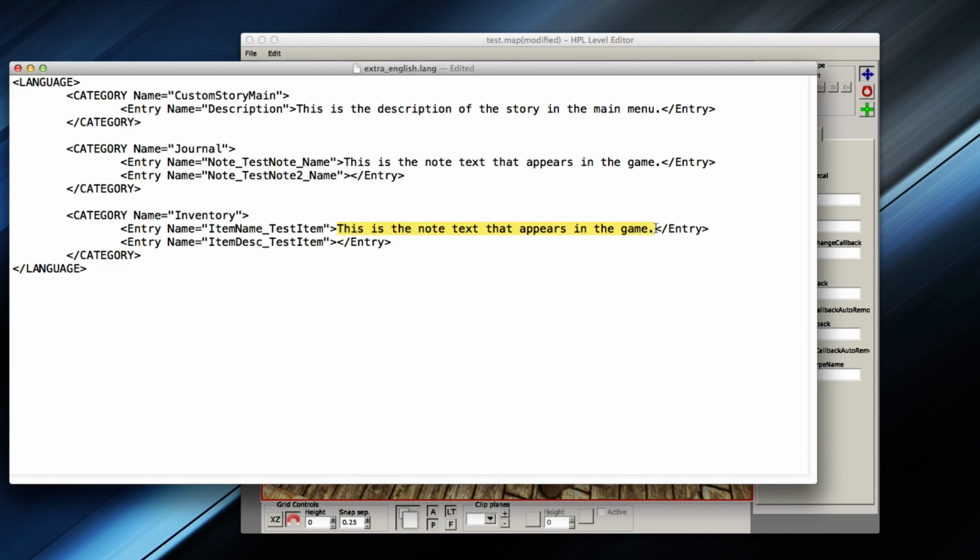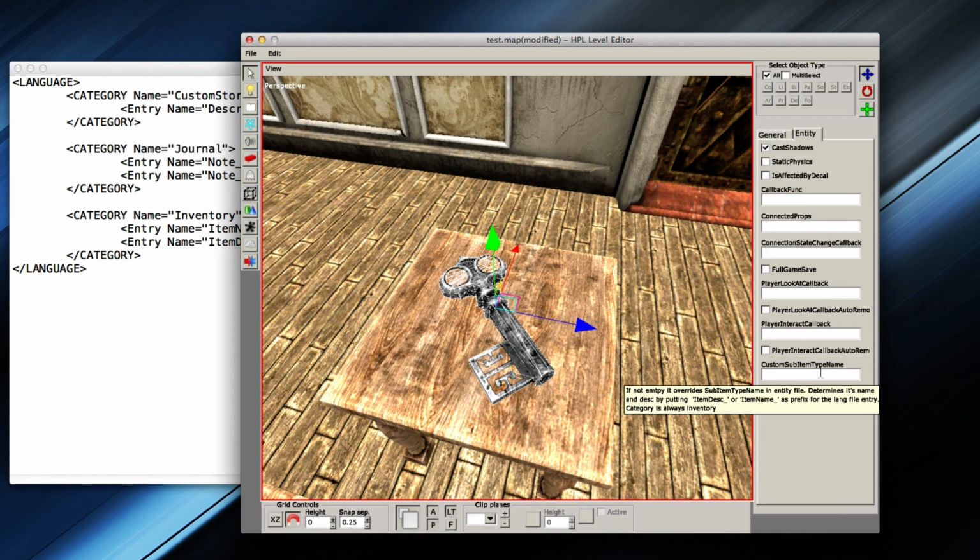Now I'm going to put right here just a name. This is test key. You can put whatever name you want in there that is actually appearing in the game. And the description, this is a key used for a door. I'm just going to write something as simple as that. Now, we need to link it just like the notes, so you want to put whatever you put after the underscore in the box right here.